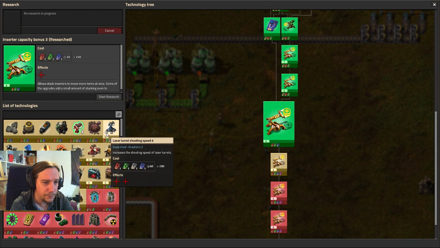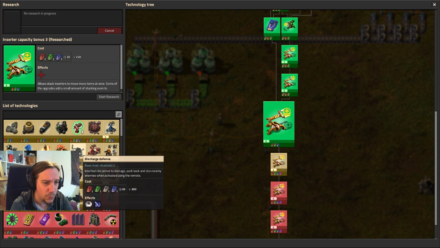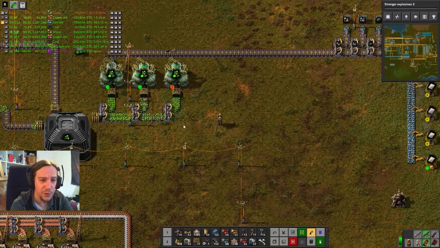Good. Laser turret shooting speed. I'm not there yet, so... Energy weapons damage, discharge defense. I sure want to try out these things, but yeah, let's go for more damage on the explosives. That's a good one. Alright. So...